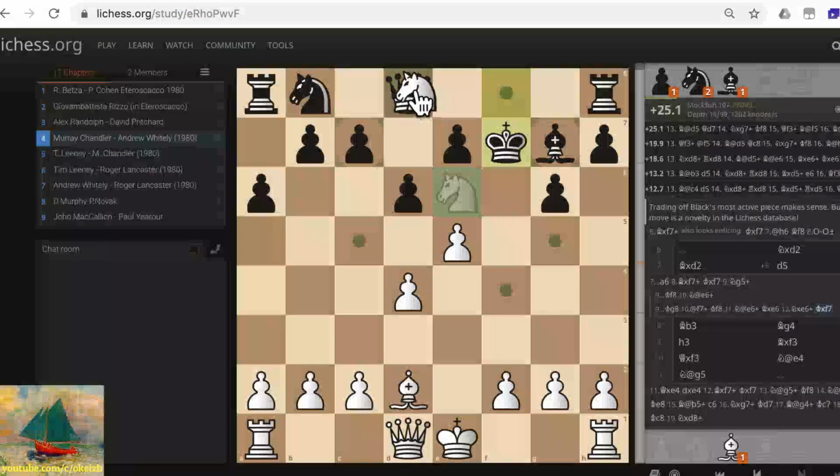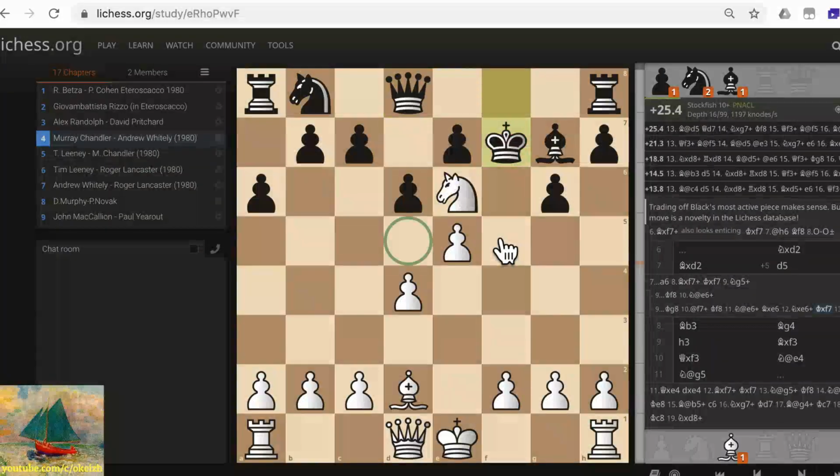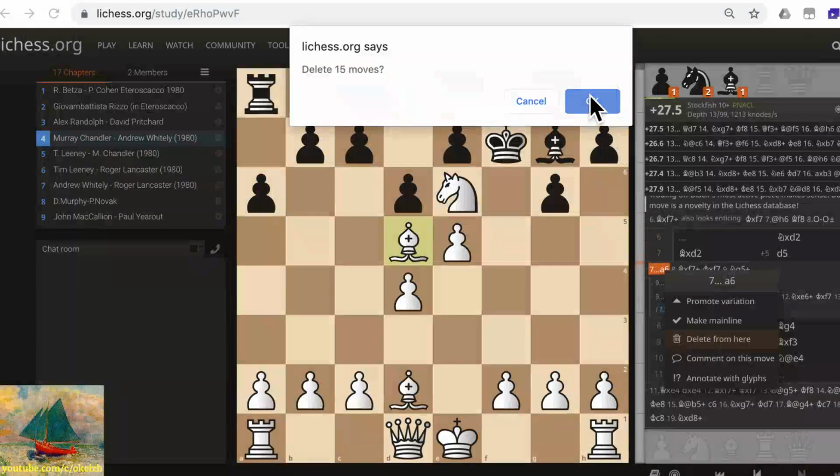I was going to say knight takes queen, but Stockfish has other ideas. Stockfish is way too mean to take your queen. But knight takes queen is clearly winning. As I said, Stockfish wants to really persecute you. So I'm going to delete this from the study, but it just shows this is a danger that black is